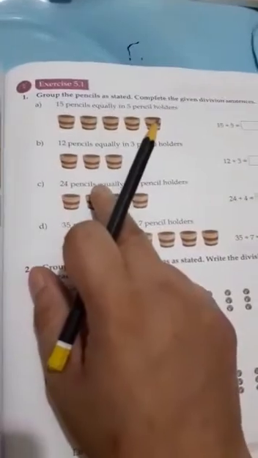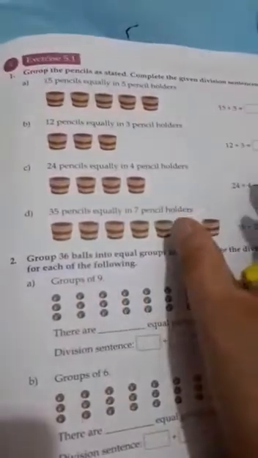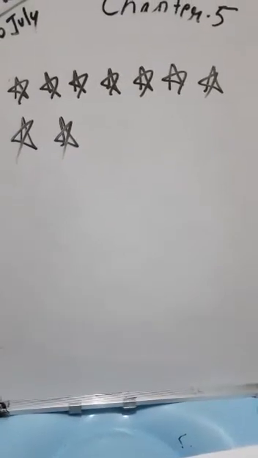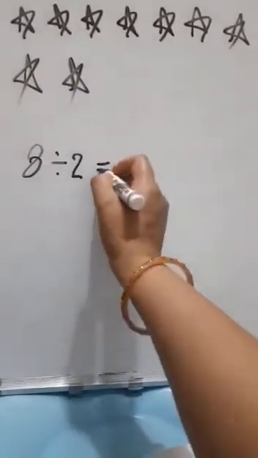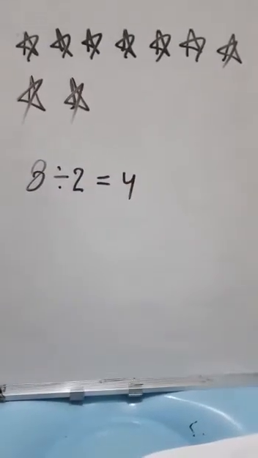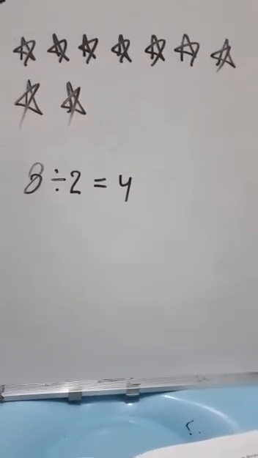It is a grouping exercise because we are having a division by grouping. Grouping means we have to make the groups separately and we have to divide them. Let's take an example. Here you can see on the board I have 9 stars, and I have to arrange them in groups of 2 each. What I will do, I take 8 stars and I have to arrange them in groups of 2. So when we divide 8 by 2, we will get 4.